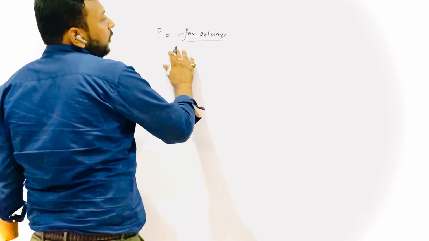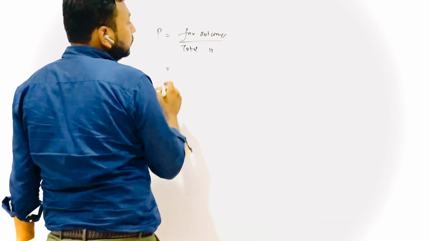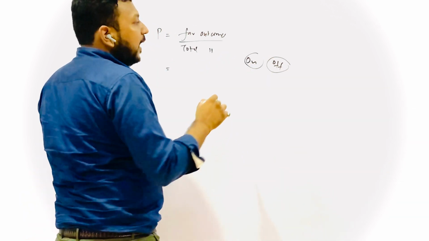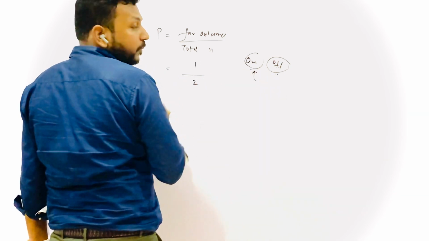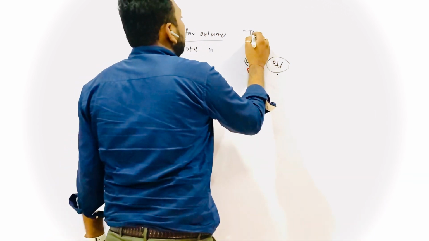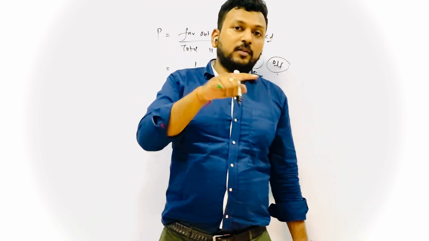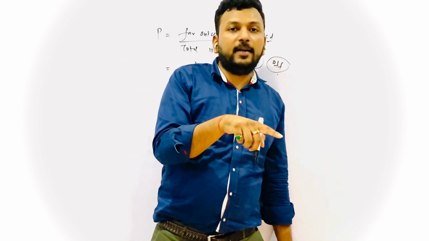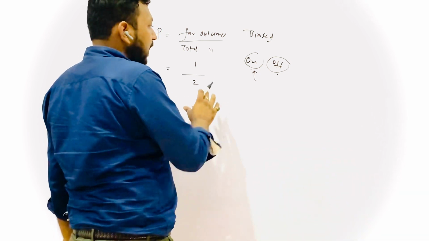So probability means favorable outcomes upon total outcomes, right? You said the fan is on or off, so there are two possibilities, and you need to find the probability that the fan is on, so that is 1 upon the total cases, which are 2. But this happens only when events are not biased. Biased means, if there are two children and one of them has a mother standing there, the mother will be biased to her own child, right? So in case of unbiased events, the answer will be 1/2.